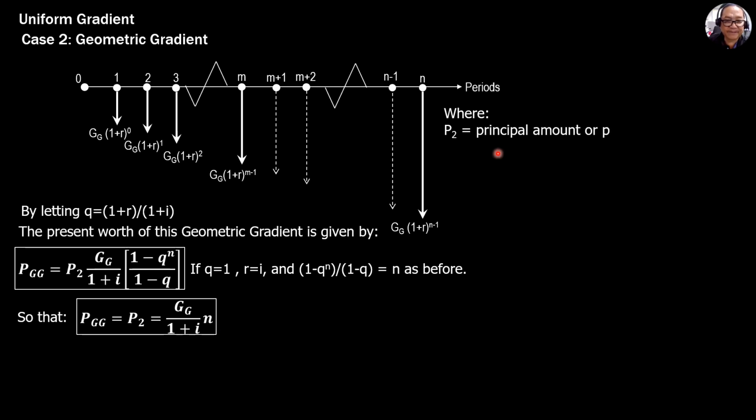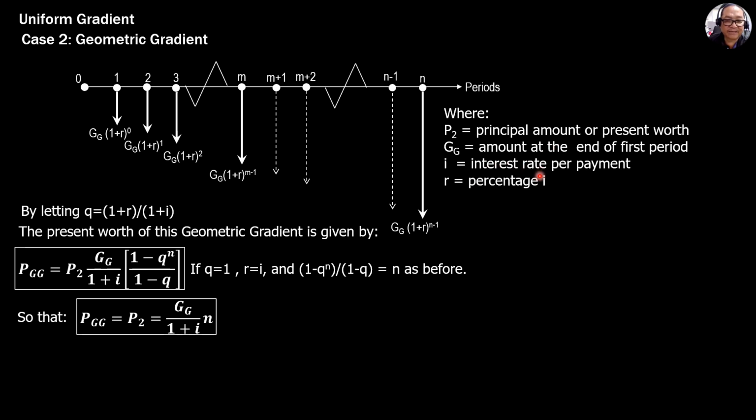So where P is the principal amount or present worth, G sub G is the amount at the end of the first period, which is G sub G quantity 1 plus R to the 0, so that's G sub G. I is the interest rate per payment, R is the percentage increase or decrease in payment, and N is the number of interest periods. So if we denote the present worth of these payments as a geometric gradient,